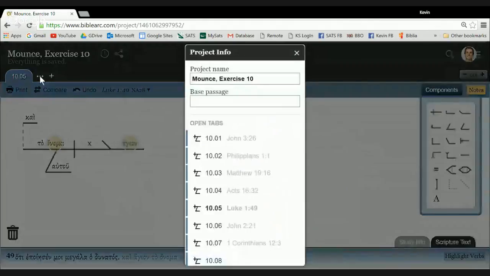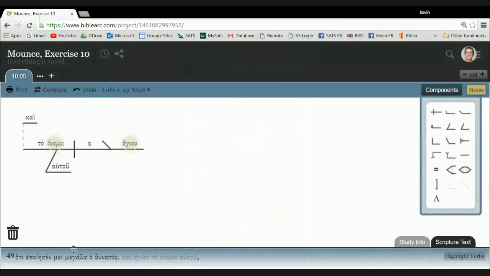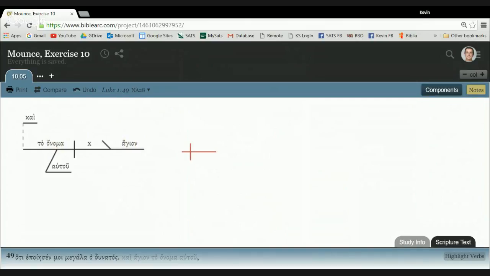The verse is Luke 1:49. So just the last phrase of the verse says, Kai hagion to onoma autou. Kai hagion to onoma autou. Let me show you how we get to this diagram just from a simple thing. So we would start with